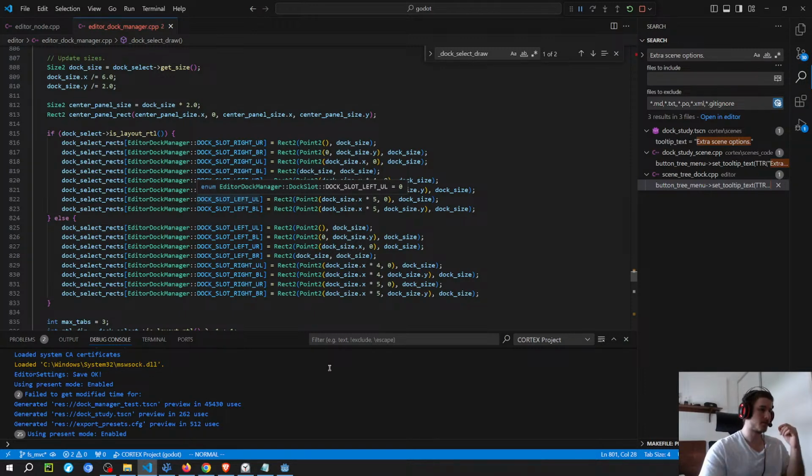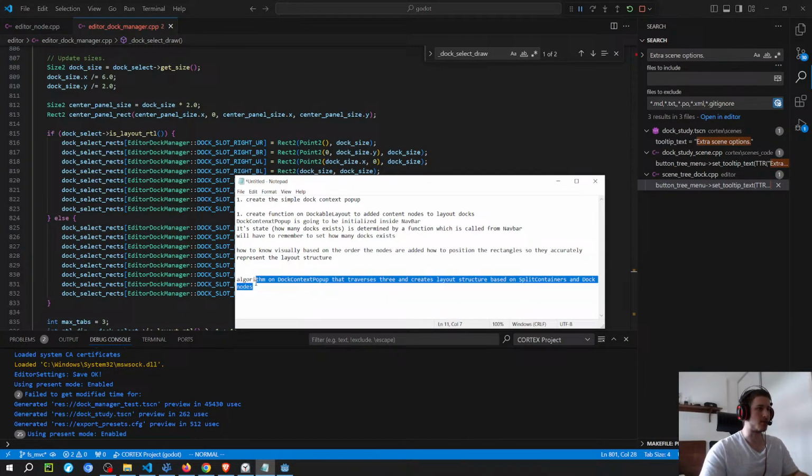To summarize, it's basically this. There is a tree structure, there are the splits and the docks. From that structure, I need to create the rectangles, and I need to create a component. So this is another question. One would be to translate our algorithm, to translate the tree structure into the grid. The other one would be to either make it